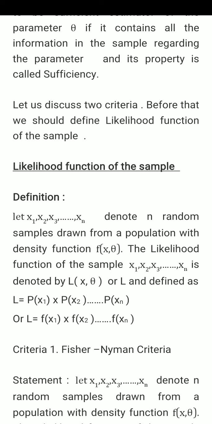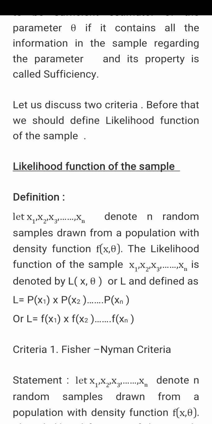We should first draw the samples x1, x2, ..., xn, which are random samples drawn from a population with the density function f of x comma theta. The likelihood function of the sample is denoted by L of x comma theta, or simply L, and defined like this. It is the joint probability density function or probability mass function. L is equal to p of x1 into p of x2 into ... p of xn,